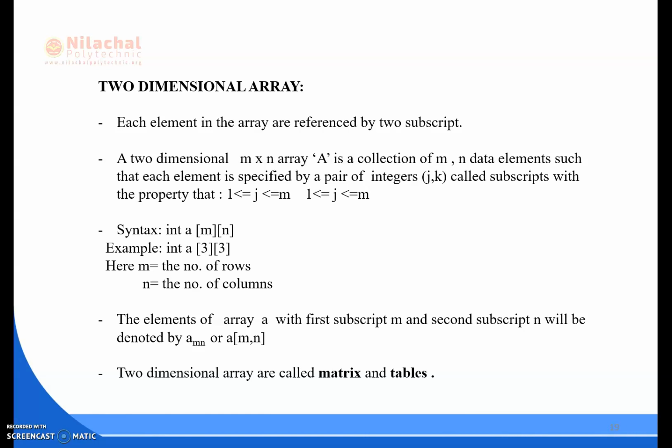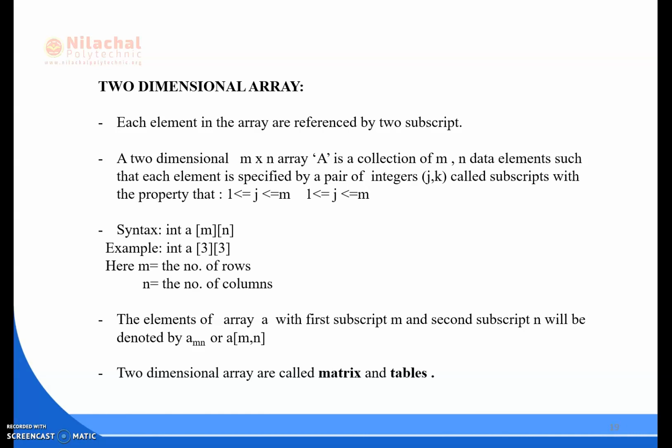So let's say there is an array A with a collection of m times n data elements such that each element is specified by a pair of integers. Here m is the number of rows and n is the number of columns, and the pair of integers can be called j and k.